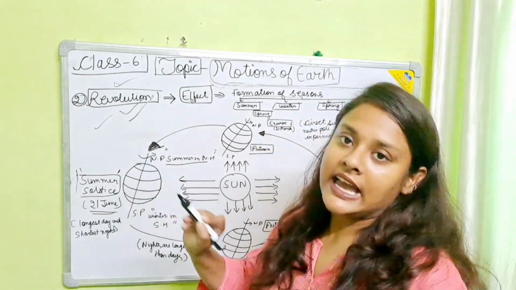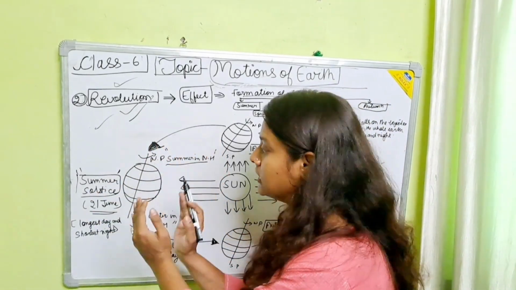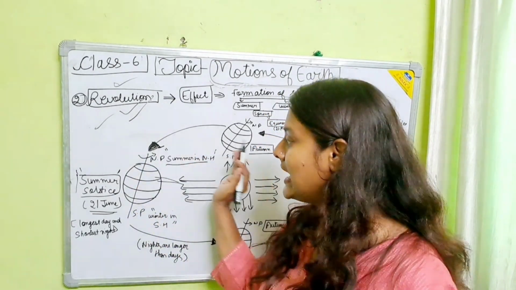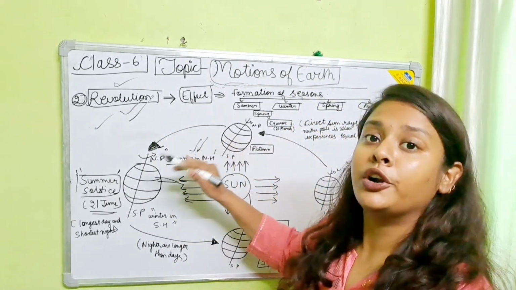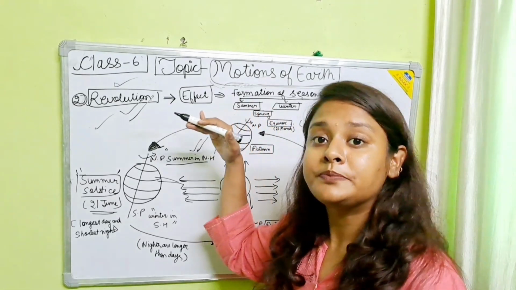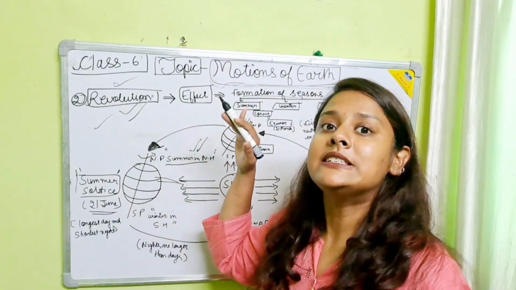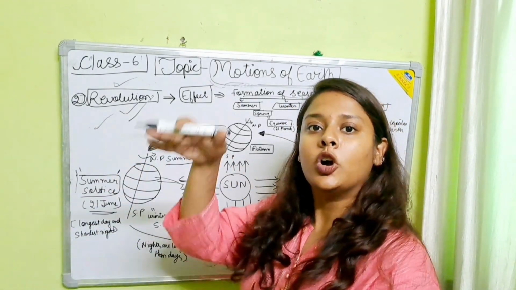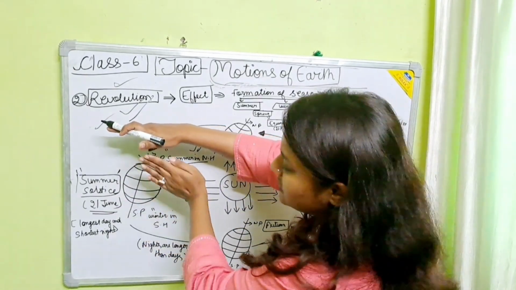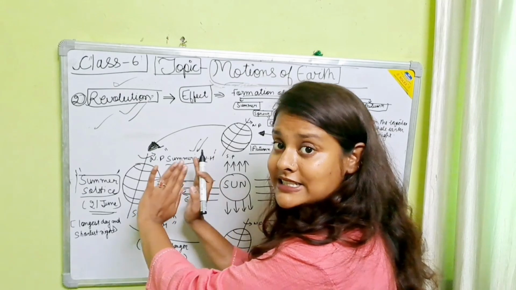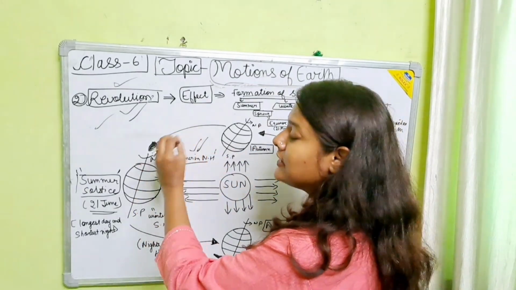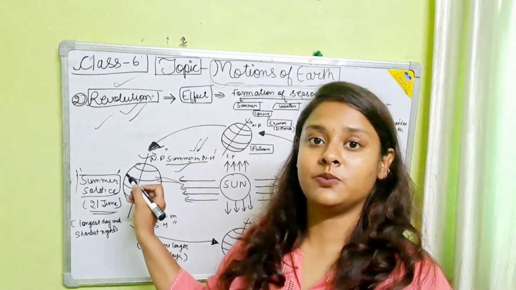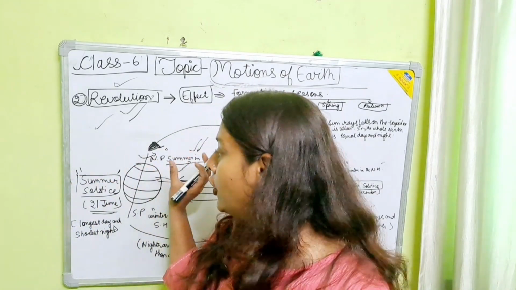As you can see in this diagram, the northern hemisphere of the earth is tilted towards the sun. The Tropic of Cancer is receiving maximum sunlight. So the northern hemisphere of the earth is receiving maximum sunlight, so they are experiencing summer. As we know, the equator is an imaginary line which divides the northern hemisphere and the southern hemisphere. So this is the northern hemisphere, this is the southern hemisphere, and the sun rays are falling more on the Tropic of Cancer. So the northern hemisphere is experiencing summer at this period of time,